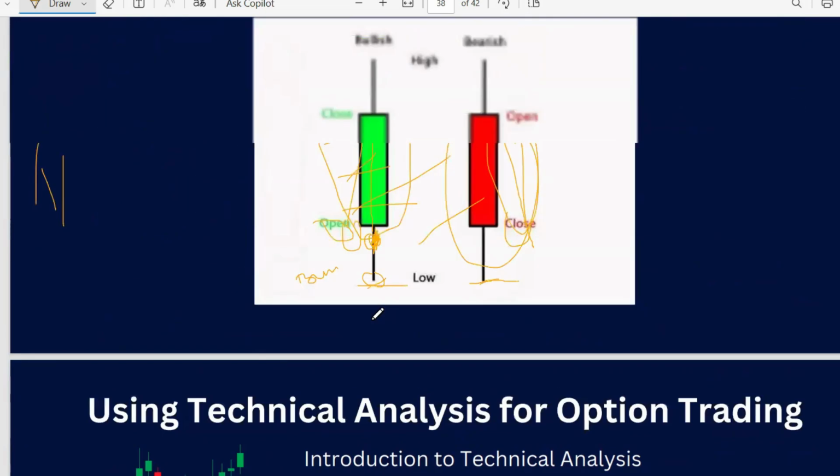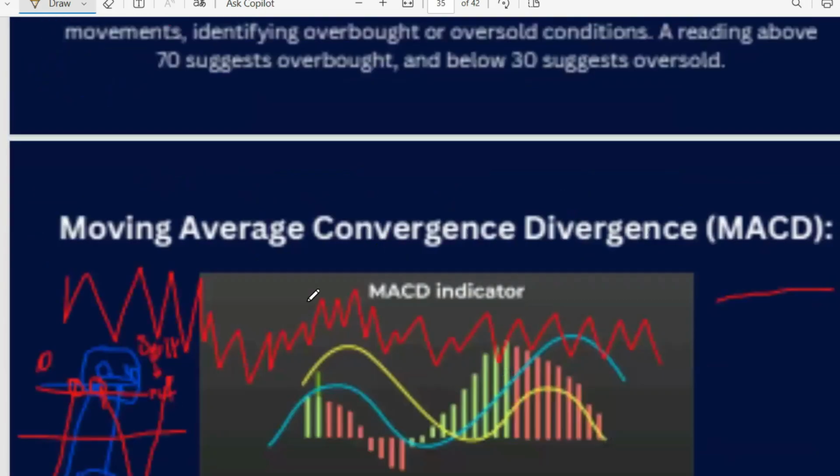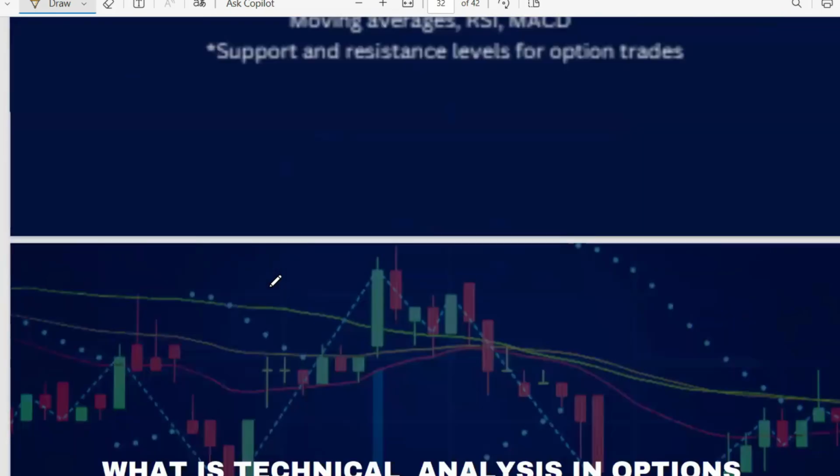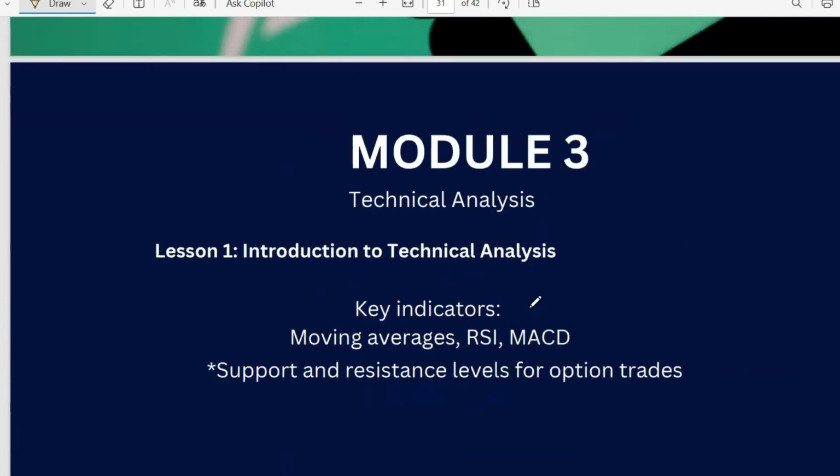Now let's break it down. So we're talking about a lot of things here today. Now we talk about the RSI, we talk about the MACD, we talk about the moving averages, we talk about support and resistance, right? So now I want us to get on the chart. Can everybody go to that computer right